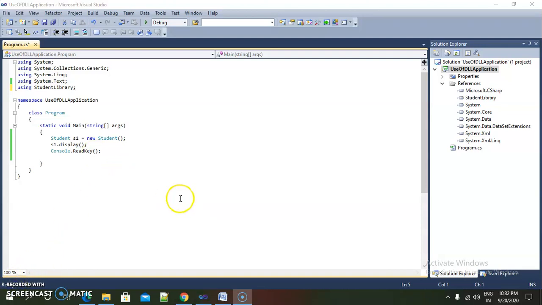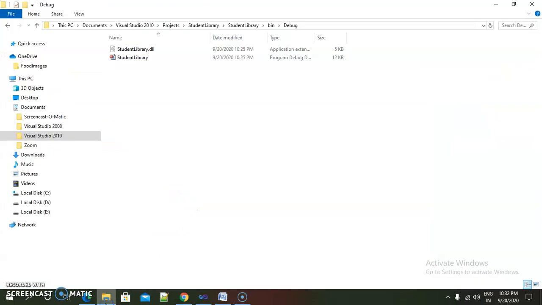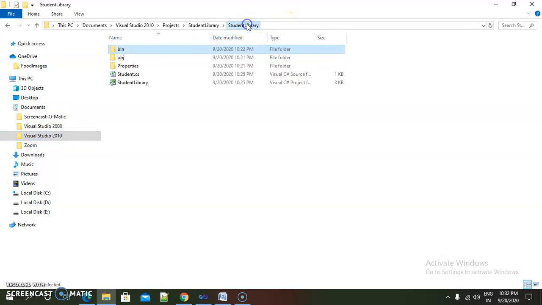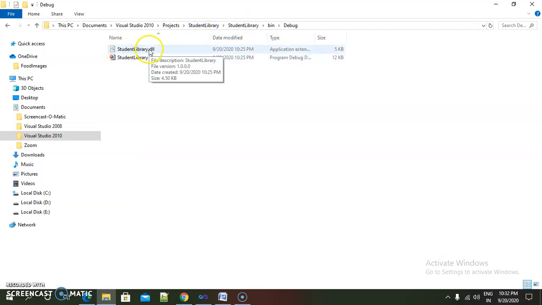Now if we go to the project folder, what is inside the debug folder? If we go inside the student library, we have already seen that inside debug there is one DLL file.